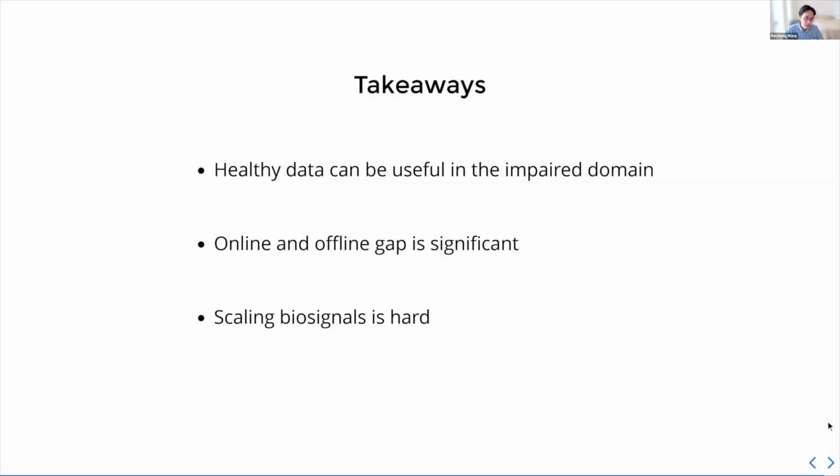And last but not least, scaling biosignals is very hard. And this is not just because of data collection issues, but also because the sensing interface is not standardized, right? So there's a lot of EMG sensors out there. Many labs are developing really good sensors, such as high density EMG grids, or fabric EMG sensors with conductive fabrics.